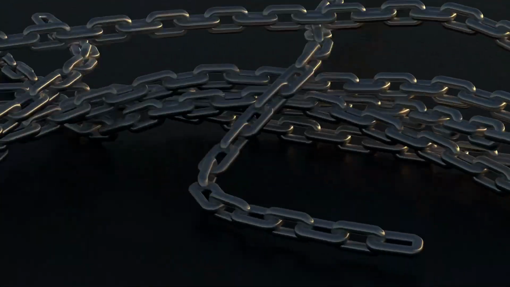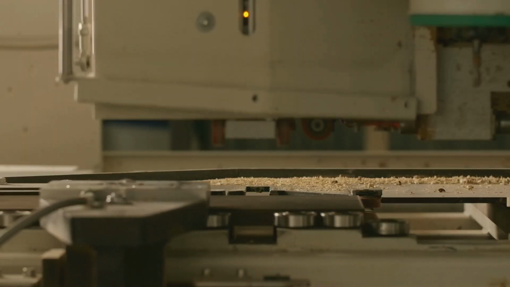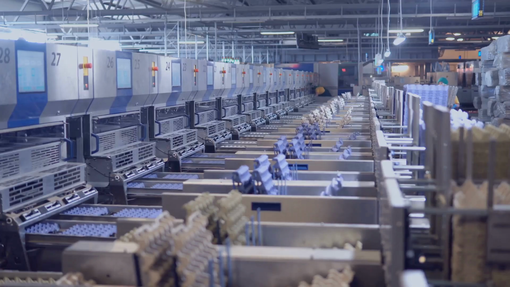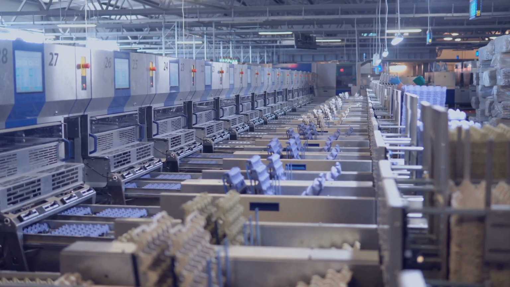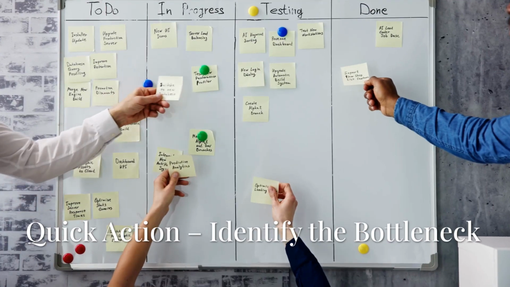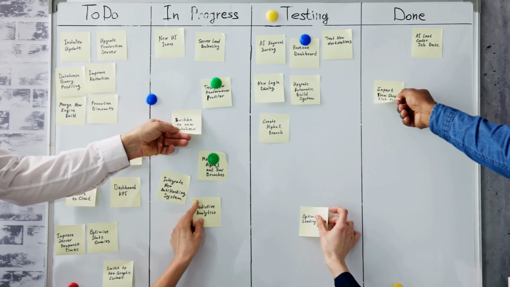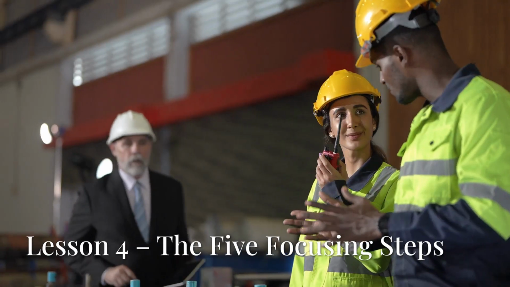You know, a chain is only as strong as its weakest link. The constraint is really the process or policy that puts a cap on your entire system's throughput. You can improve non-constraints all you want, but honestly, overall output just won't budge until you elevate the bottleneck. So ask yourself, where in our workflow does work pile up the fastest? That's most likely your constraint.